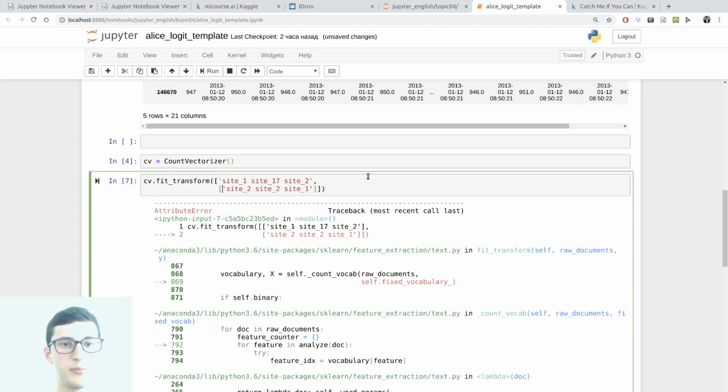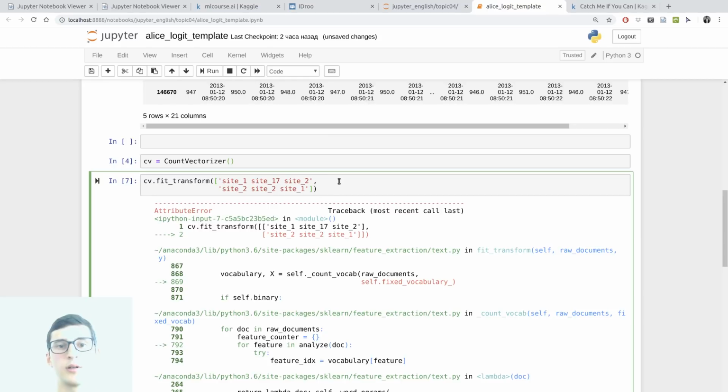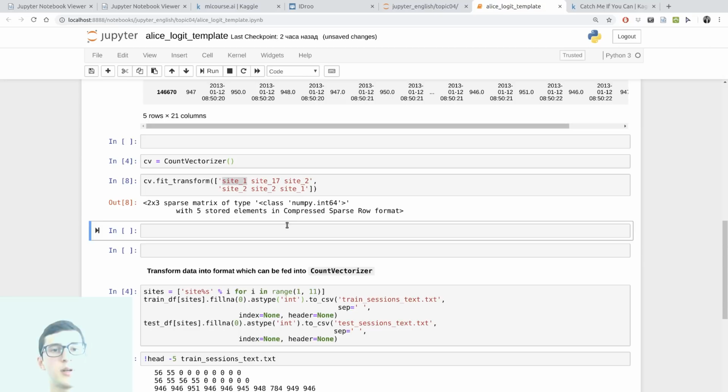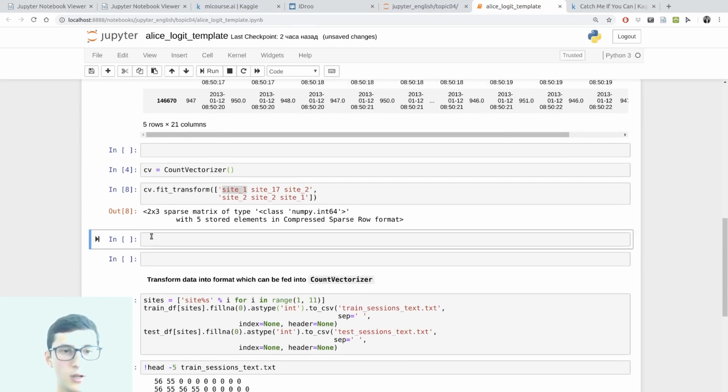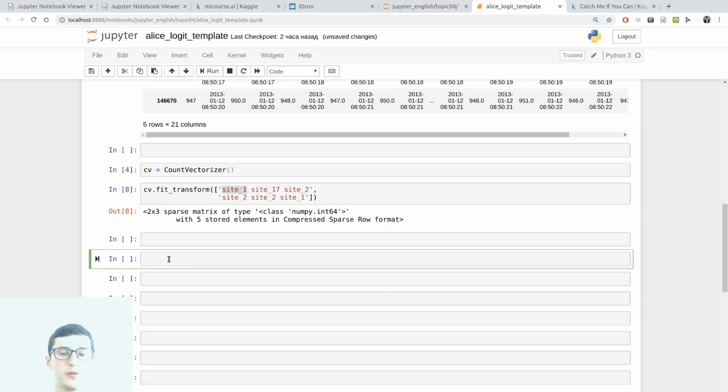So with a bit of pre-processing, we'll have our web sessions in this form: site IDs, space separated, and we'll apply some transformation to this. Now I'll show you an example of how it works with texts. If we have 2 phrases, maybe we'd like to perform some sentiment analysis on that. So let's say we've got a couple of phrases like this: